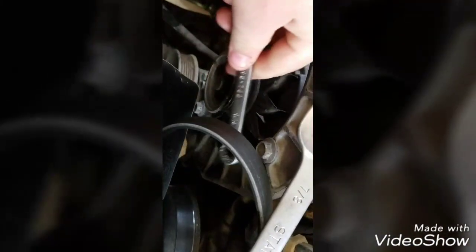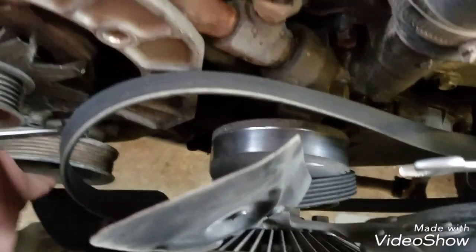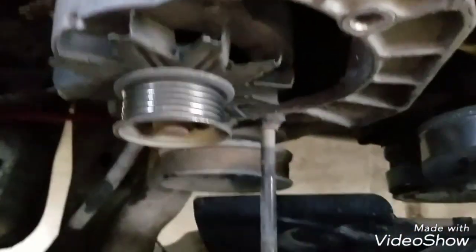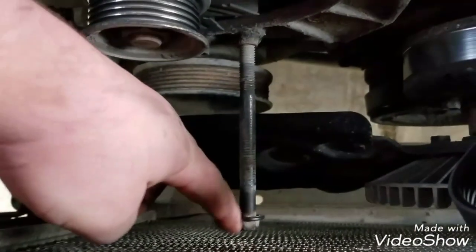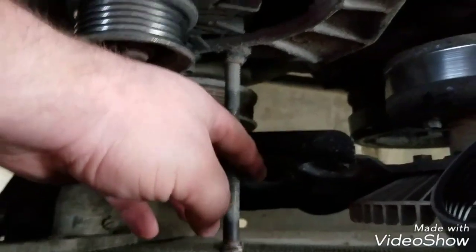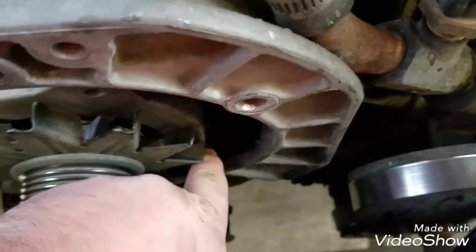Alright, the top bolt up here is a 9/16, so go ahead and remove that. Now your bottom bolt down here is also 9/16, but you're going to have to take your fan and find the gap in the blades to give you a little more room to work in. Now on your bottom bolt, it's not going to be able to go all the way forward and out because of the radiator, so just pull it far enough forward that the threads don't catch, and go ahead and remove your top